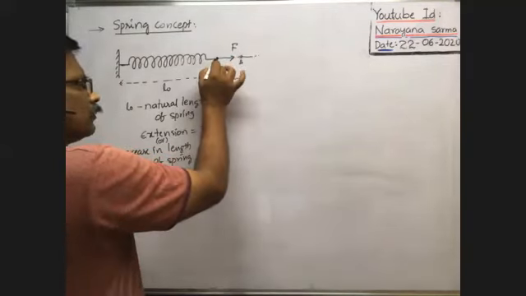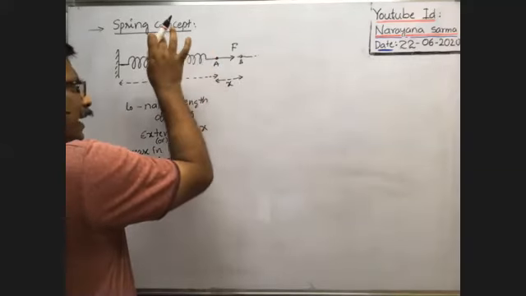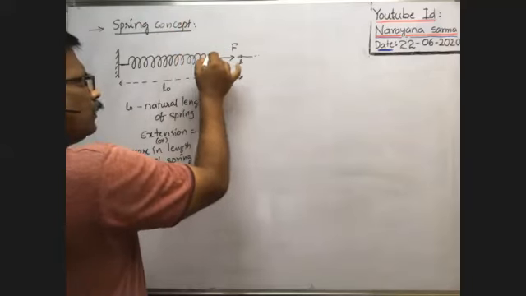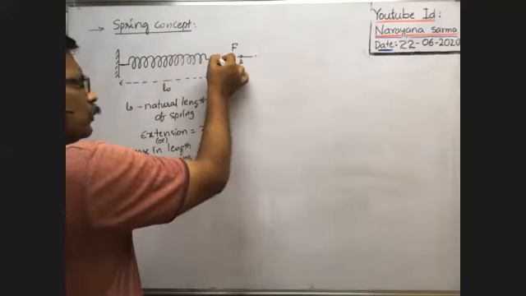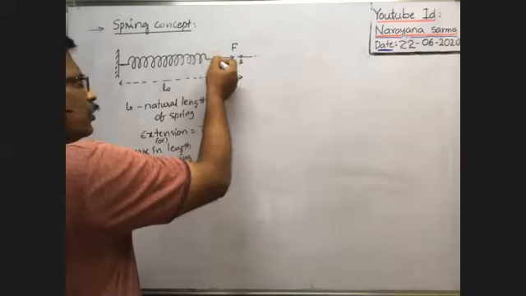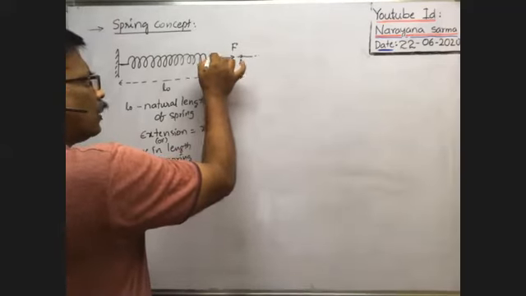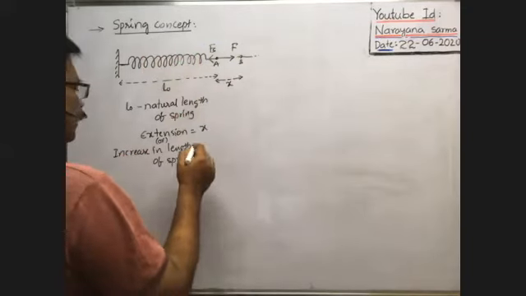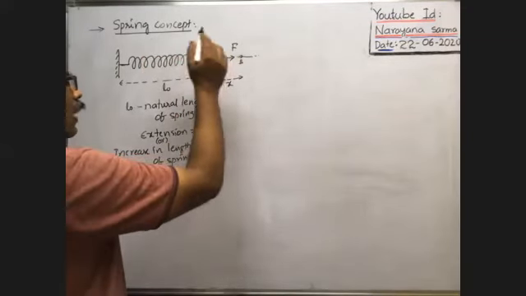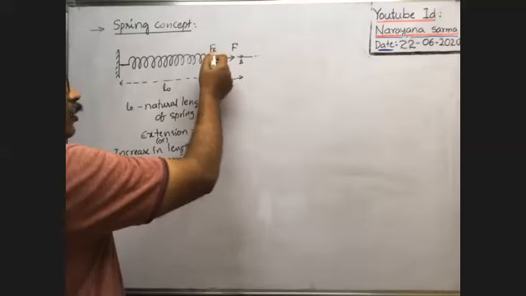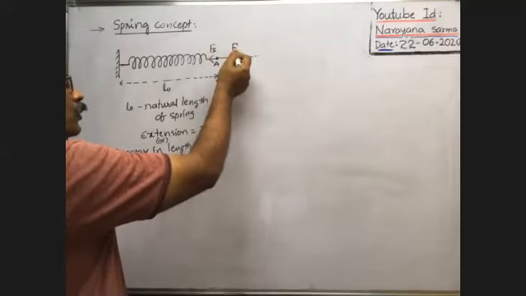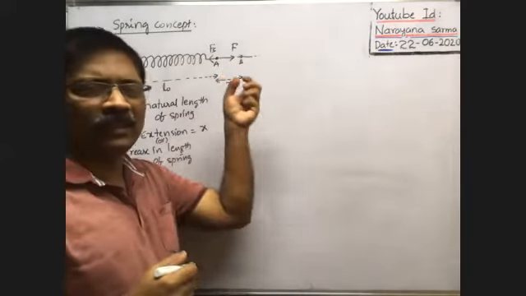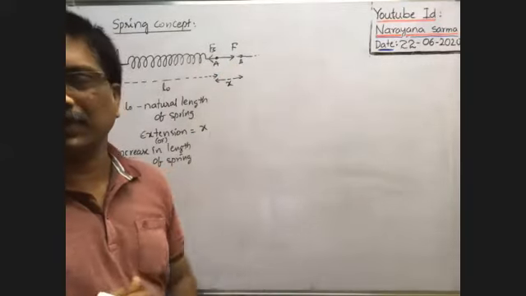Okay. Here, at the position B, whenever the external force is removed, as it comes back to the original position, so that the spring comes back to the natural length, the same amount of force must be developed in the spring. Otherwise it would not come back to the original position or acquire the original shape. That's why the same amount of spring force is developed. That means the applied force is equal to the spring force, but it is in the opposite direction. The spring force developed in the spring is always opposite to the applied force.